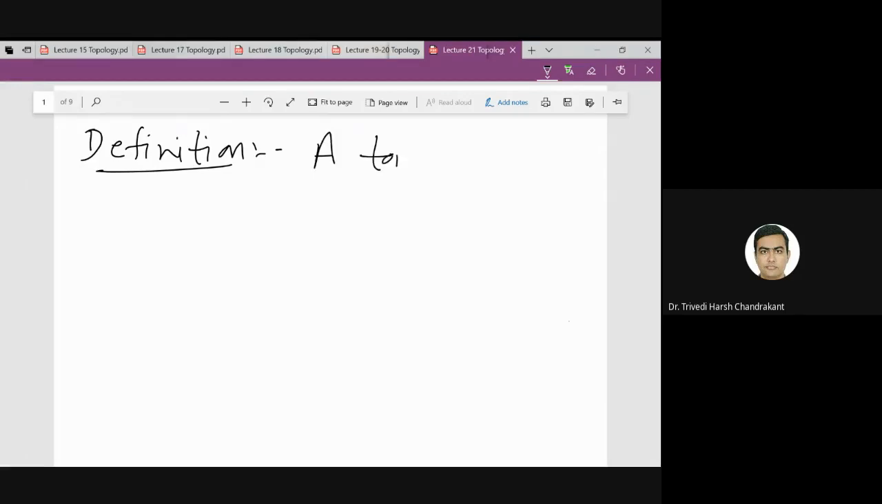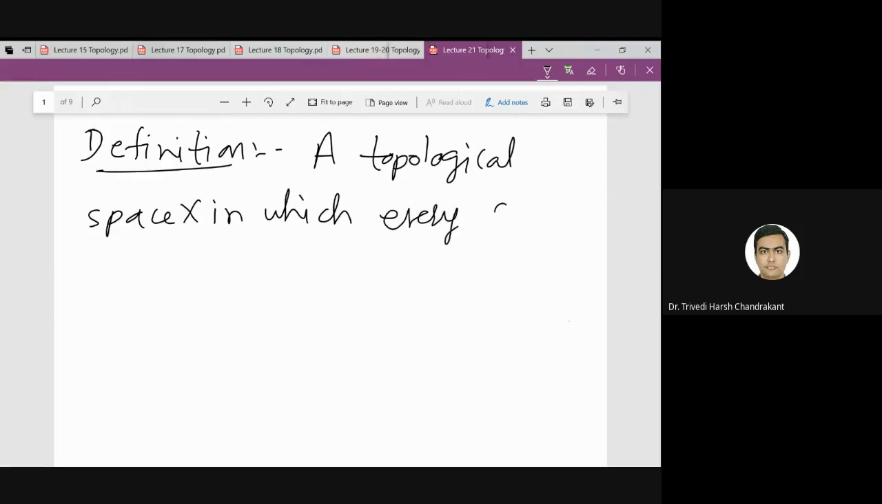A topological space X in which every finite subset is closed is called a